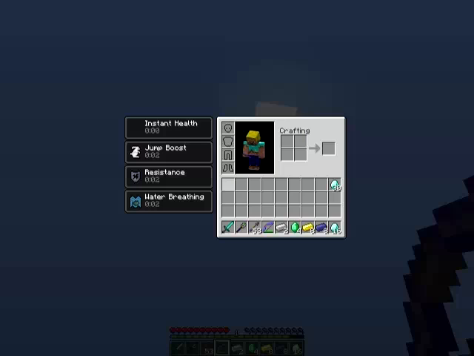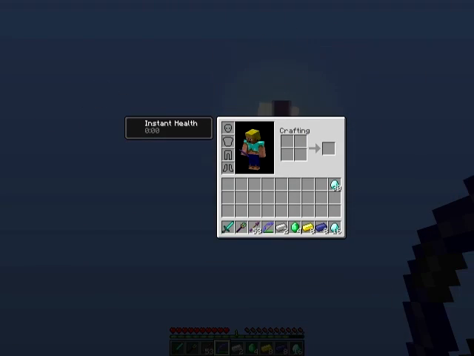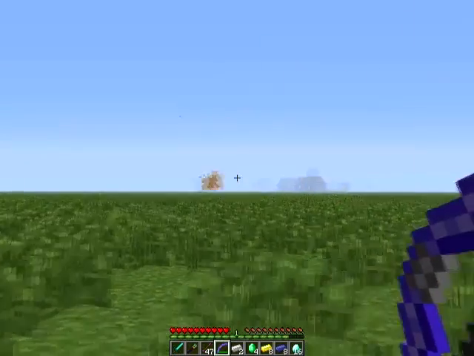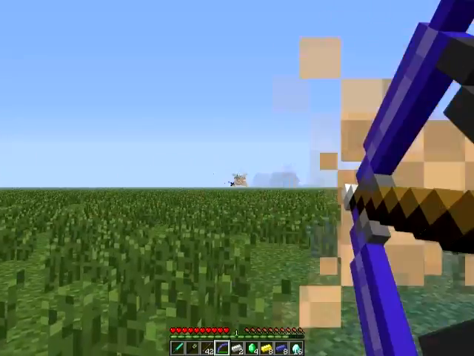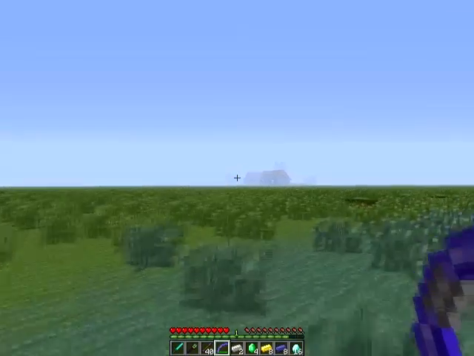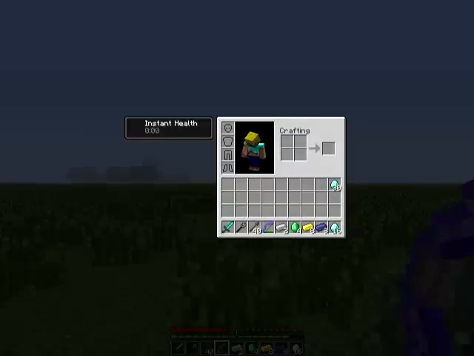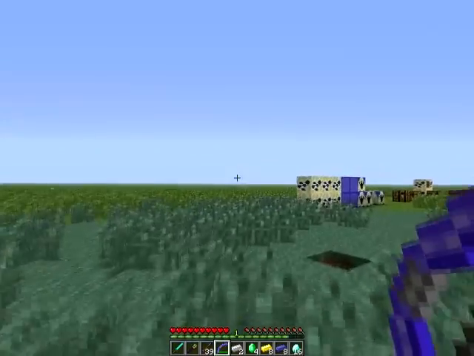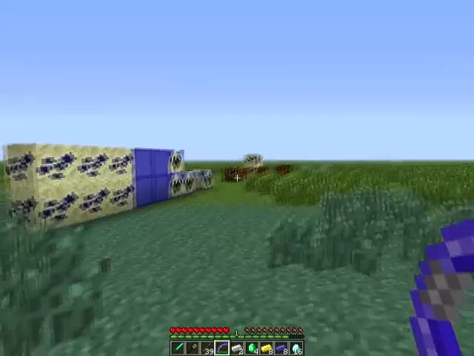It's all about to run out. As you can see, it's just launching them without even pulling the bow back. And they never fall down. They just keep going in one direction. But the arrows have a poison effect. So if I find a mob walking around, which I don't see any mobs...